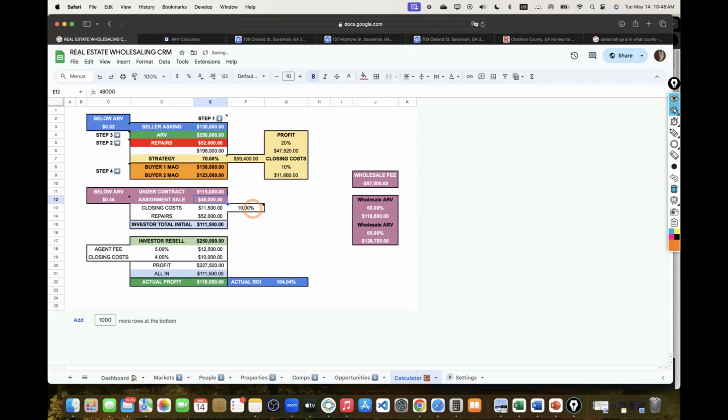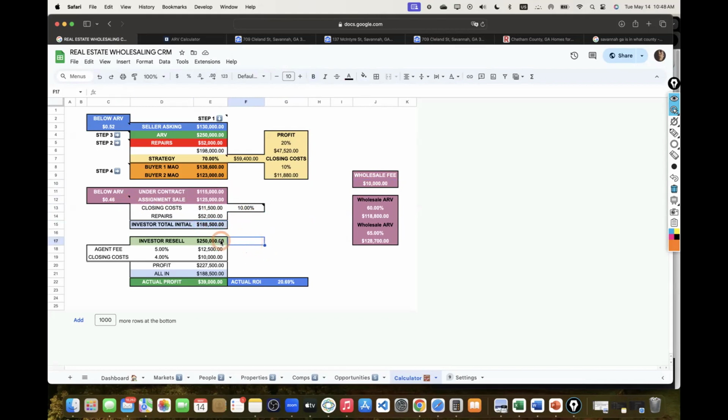$115,000. I can definitely push it for like 100, if anything. Now I try to resell to an investor for, again, a $10,000 wholesale fee out of it. So I'll sell it to them for $125,000 against a $10,000 wholesale fee. They pay the closing costs for both myself and the seller. They do the repairs. So their all-in investment is